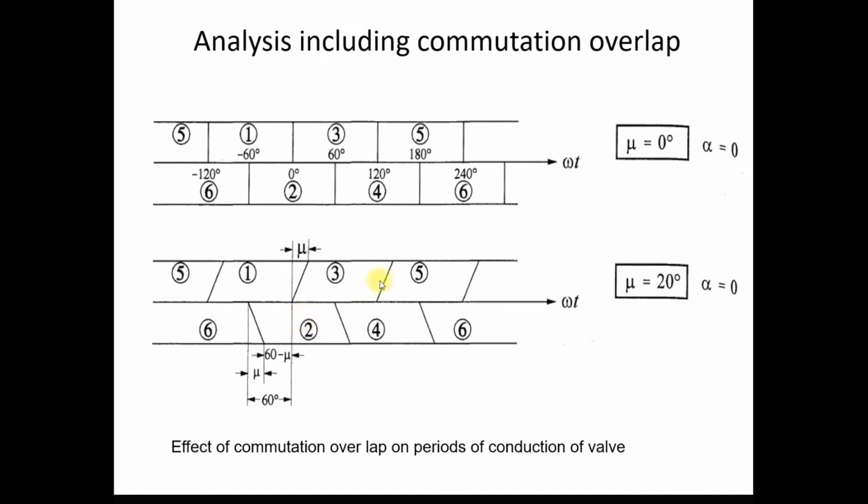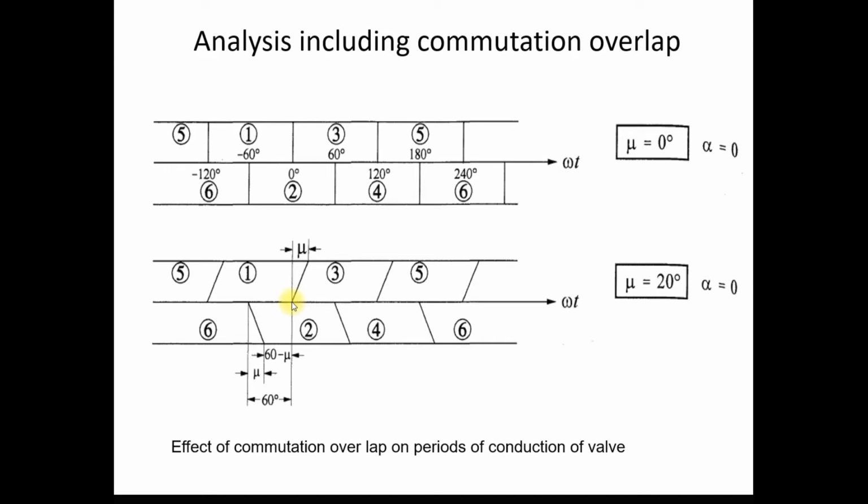Same way, in the next 60-degree commutation time, again 3 valves are conducting. Clear? So except during the commutation time, only 2 valves are conducting. You can see here, between 6 and 2, in the commutation duration, both 6 and 2 are conducting, and from the upper group valve 1 is conducting. So 1, 2 and 6 are all conducting in this duration mu. Except for that, for 60 minus mu, only 2 valves are conducting, 1 and 2. From here only valve 2 is conducting; valve 6 becomes completely off from this point. So only valves 1 and 2 are conducting up to this point.